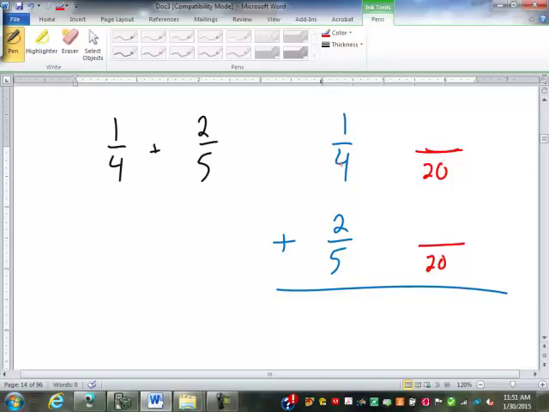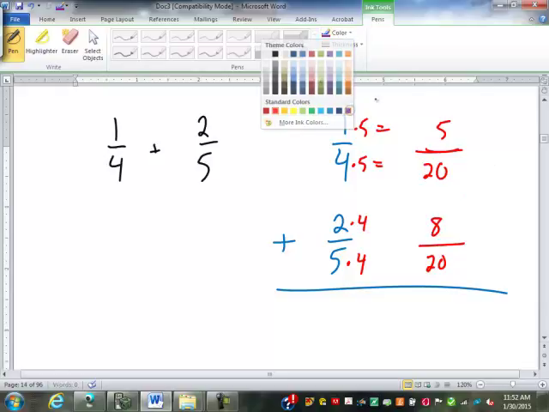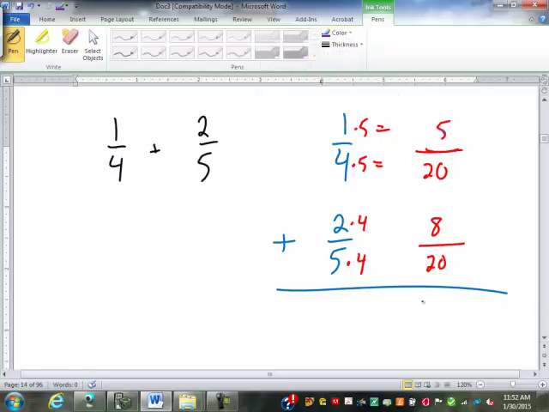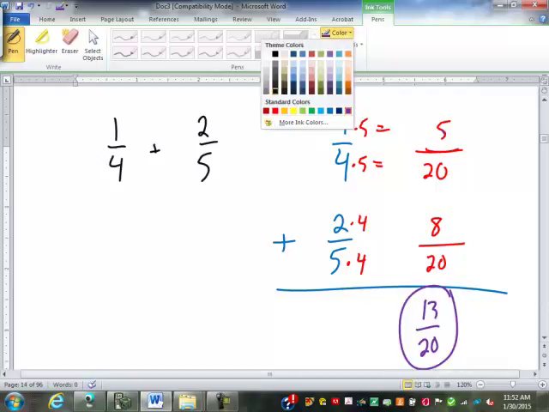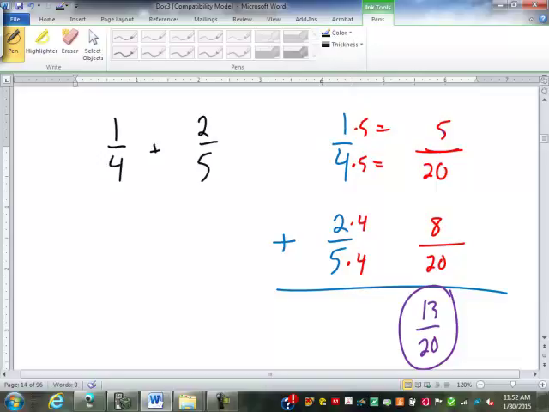So anyway, we get the common denominator of 20, so we're going to rename them. 4 times 5 makes 20, so we have to do 1 times 5 is 5/20ths. Down here, 5 times 4 makes 20, so 2 times 4 makes 8/20ths. So now 5 plus 8 is 13/20ths. And there it is. Well, we're not going to waste any more time with simple fractions. We're going to jump up to mixed